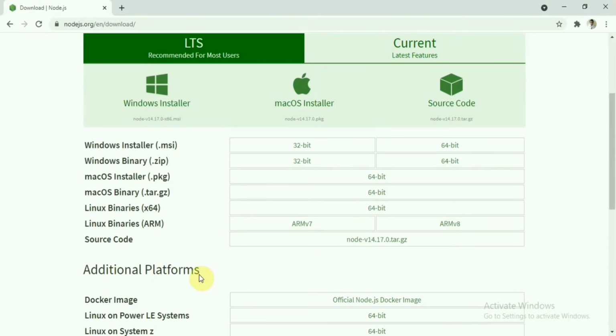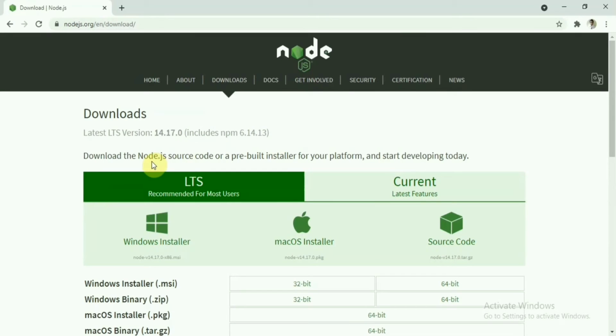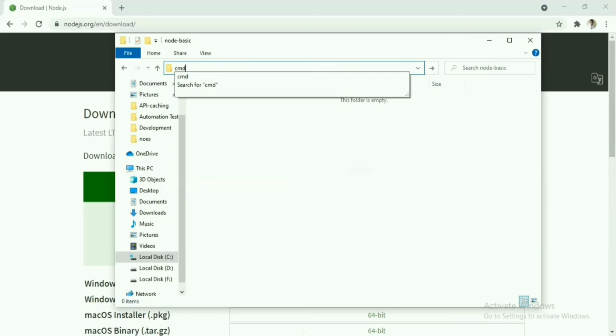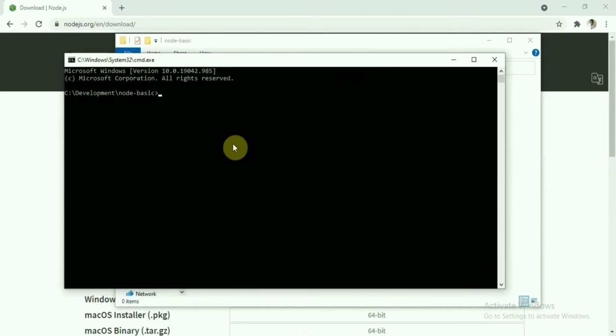Go to this website and download the version based on your operating system, and this will also install npm with it, and that's all. Just download and install. I have installed this already, so I'll open the command prompt and then I'll open